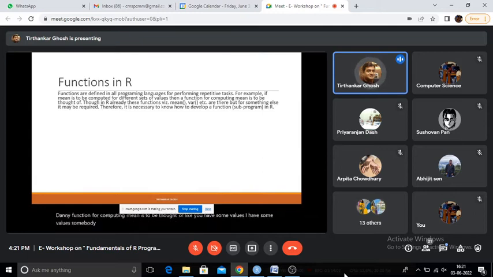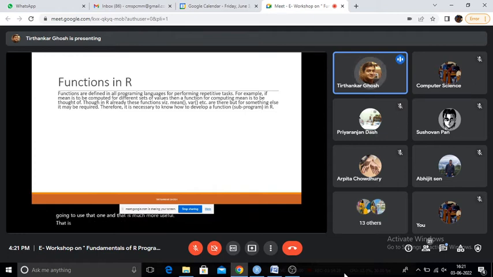We all know we have to find the mean. That is the sum, and then dividing that by the number of elements, how many observations are there. Now basically we are doing repetitive work. So if we can write a single code and everybody is going to use that one, that is much more useful. That is what a function does.